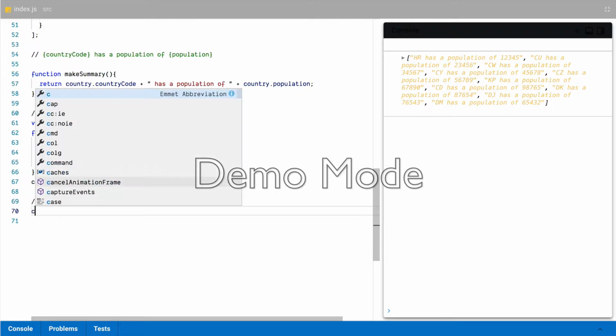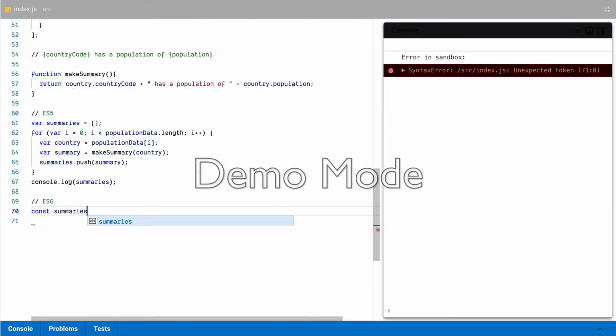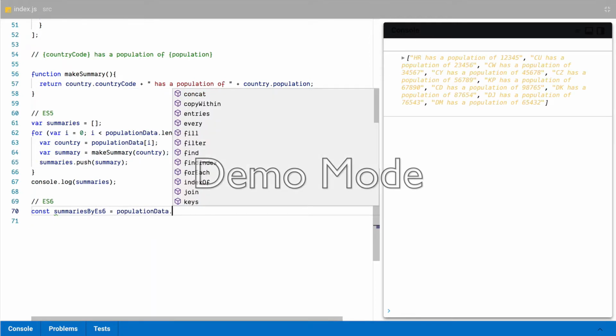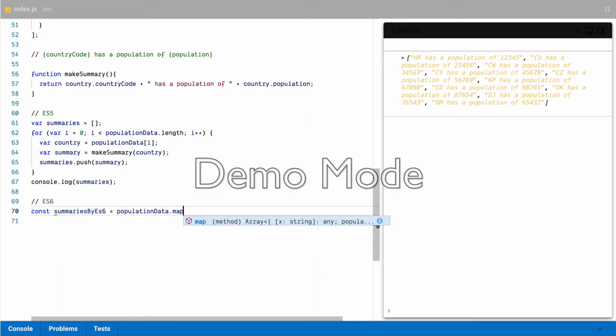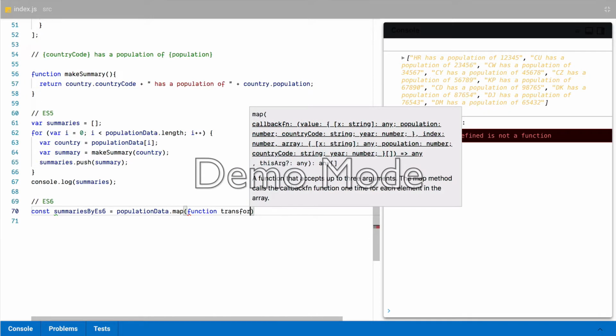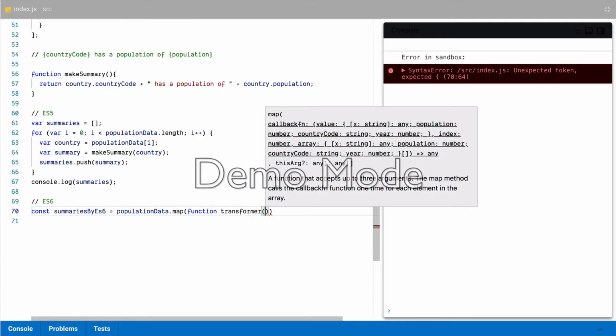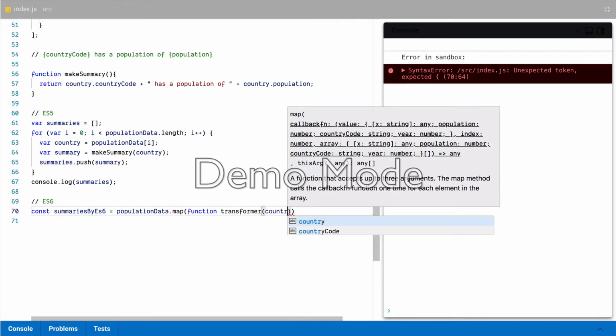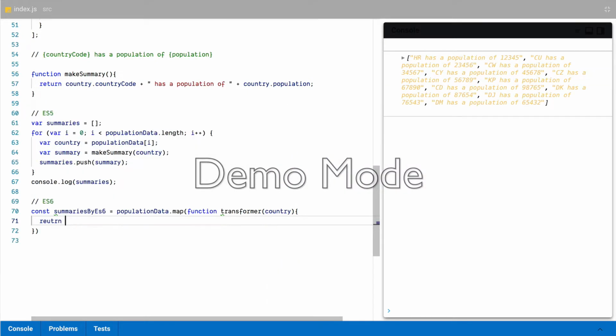So we are going to make another array, which is built by ES6. And this time we're going to use populationData.map. populationData.map was introduced in ES6 as a new way of transforming data in an array from the old format into a new format. To do the job, the map function needs a transformer that will carry out the transformation. So the transformer function takes as input a country, and it returns the new data, the transformed data, in our case the summary,